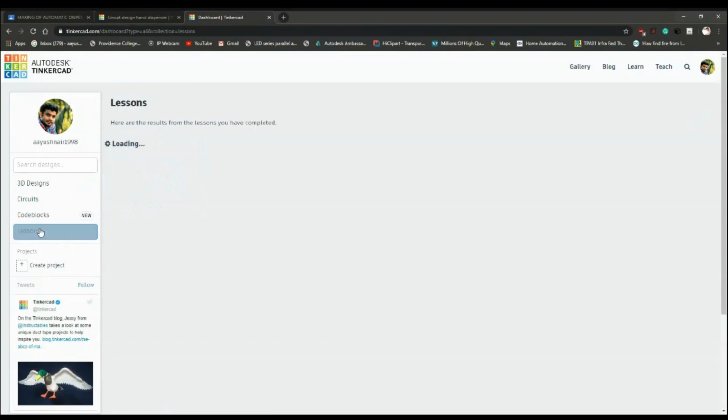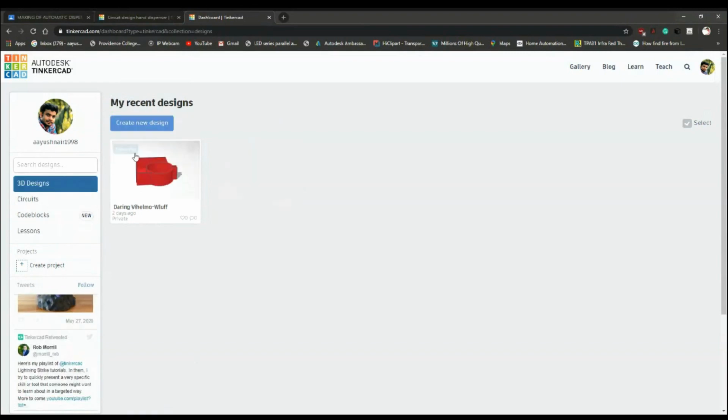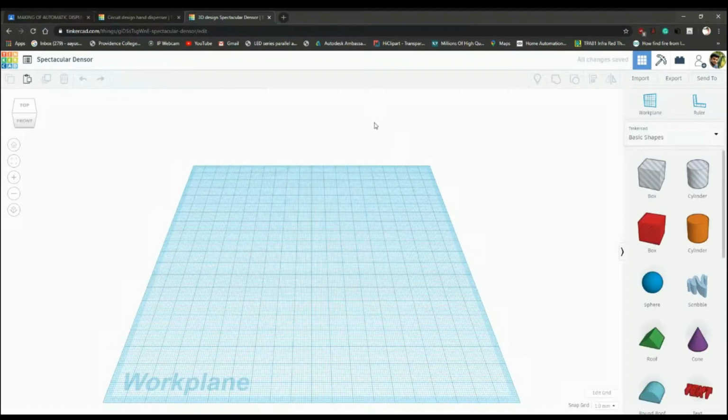Then we have lessons. That's all about the interface. Let me just show you some simple designs that we can do by using Tinkercad. Right now we have a work plane.